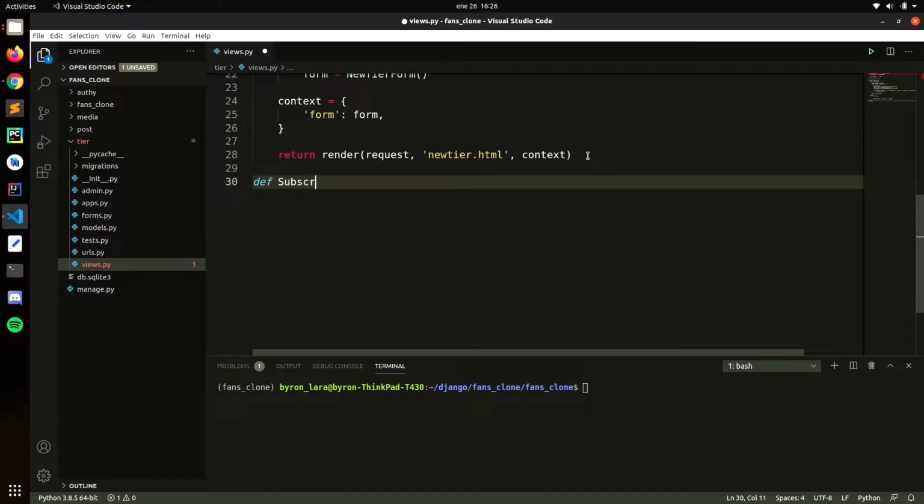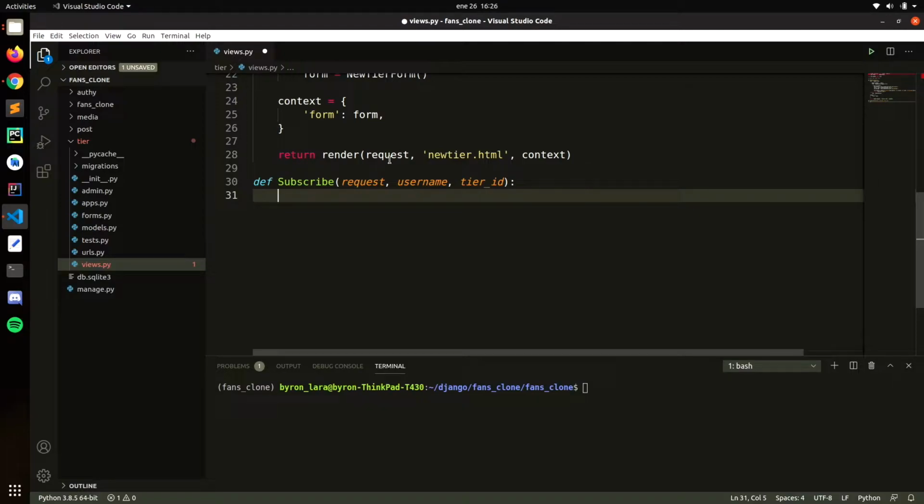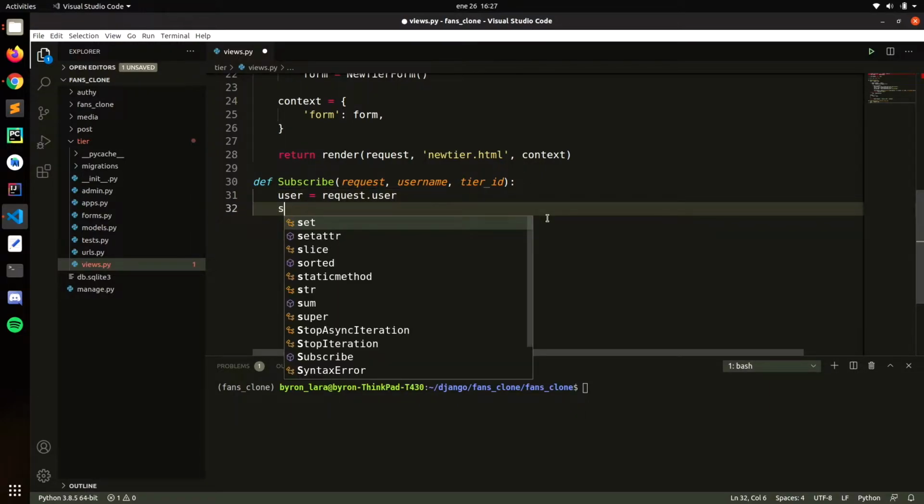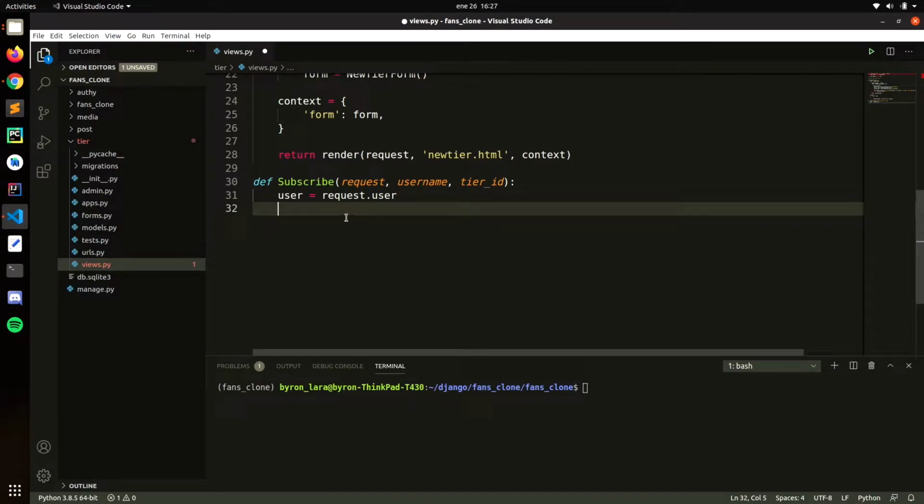Let's call it subscribe. So subscribe, record the request, and we'll get the username and then the tier ID, because remember that we subscribe depending on the tier level, so that's why we need a tier ID. So we get the user, request user, and now let's get the user that we are subscribing. So let's create subscribing